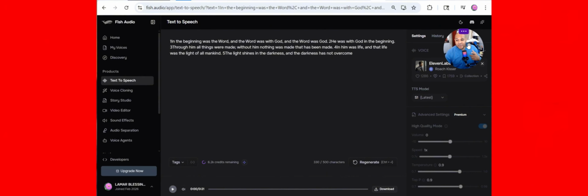When you go down to the paid version, watch where I take my face down here. When you come down here, you see volume, you see speed, temperature. You have to have the paid version to be able to go that far. You understand? To be able to change the volume, to change the speed. Maybe I don't like how fast he read it. I don't, so that's why I'm not using that. But if you upgrade to the paid version, you can adjust the volume, the speed, the temperature, and everything else that you have.